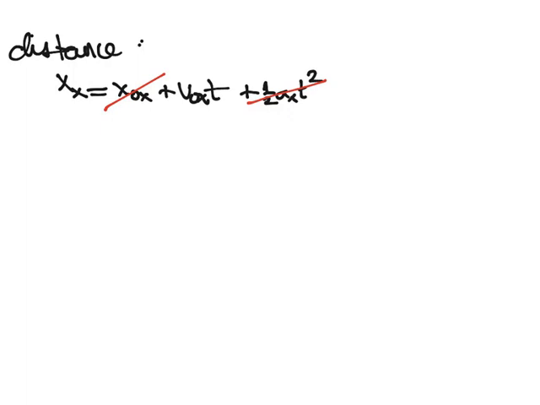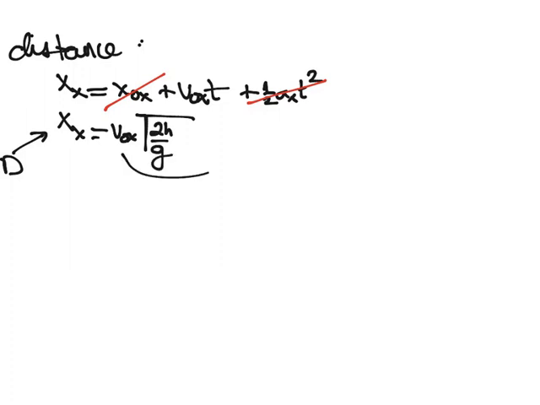Okay, so I have my distance d, okay, and that's my xx, is equal to vox times root 2h over g. Okay, so what that tells me is that the distance depends